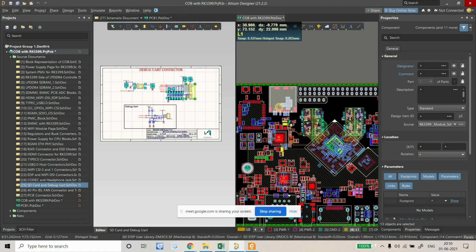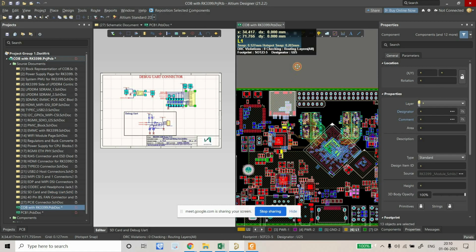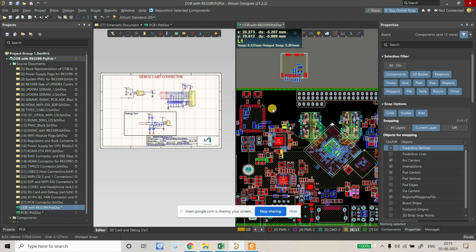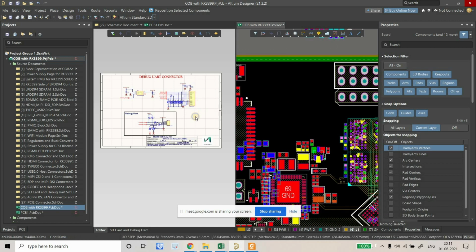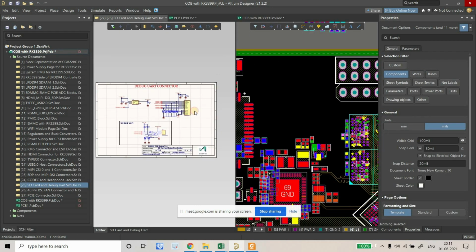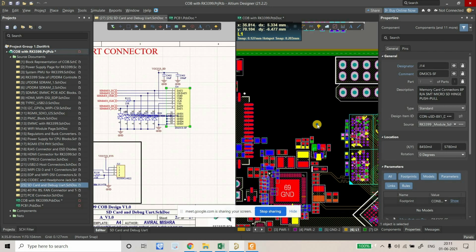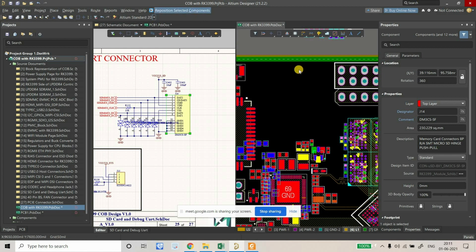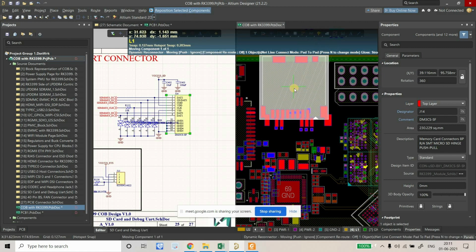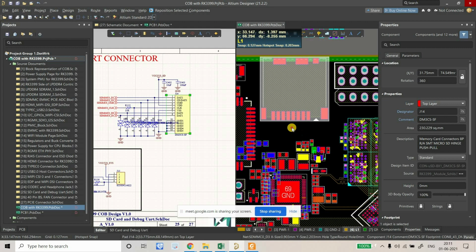Right, these are I guess all the components, right? And we're just going to place them outside. Now another step is just to do whatever the plan is. The plan was we have to place the SD card connector in this section. We'll redo that. So this is a small circuit, right? I'm just giving you a small example here,